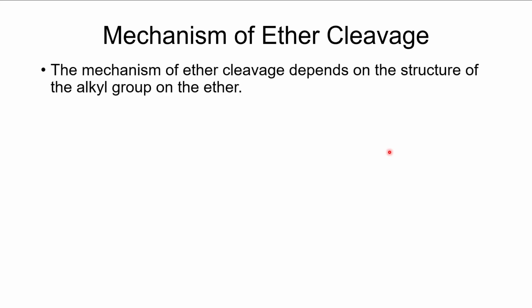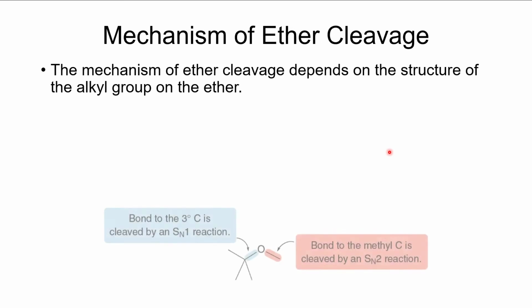So the mechanism of the ether cleavage will depend on the structure of the alkyl group on the ether. All right, so you'll notice on this one, the tert-butyl methyl ether. Here on that tert-butyl, this is a tertiary carbon, and on this one, this is a methyl carbon, not even primary. So on the tertiary carbon, that part of the cleavage where we break this bond,